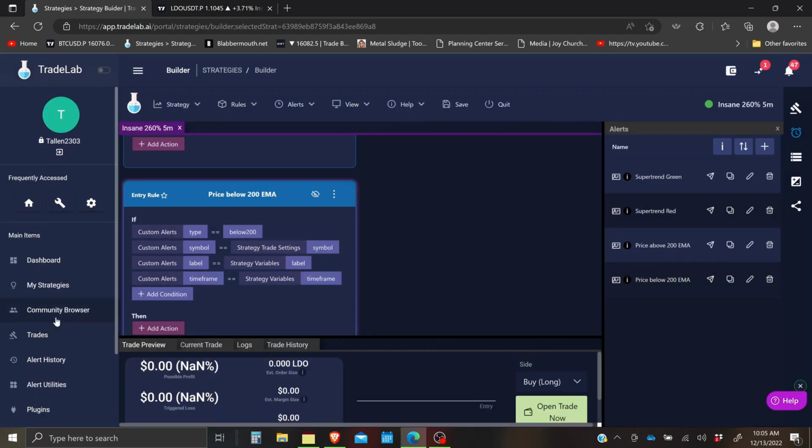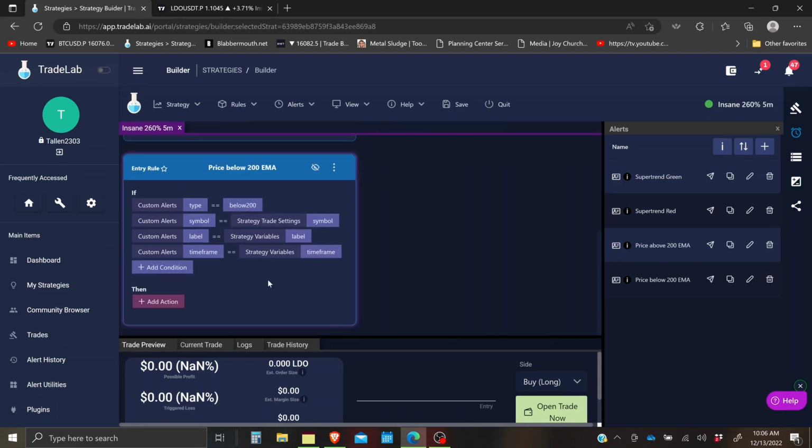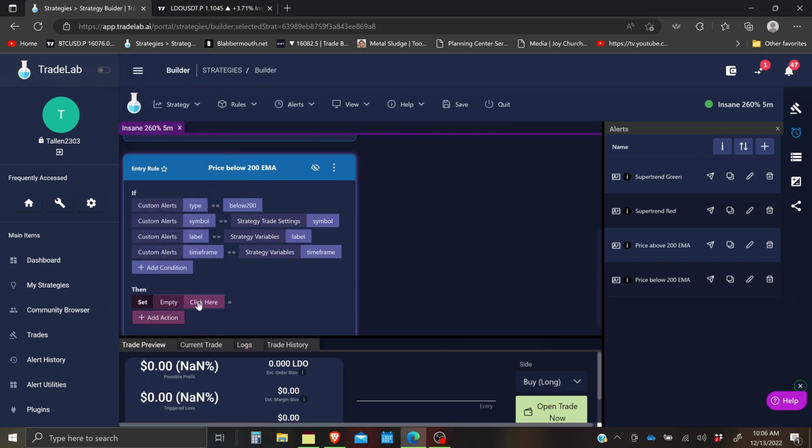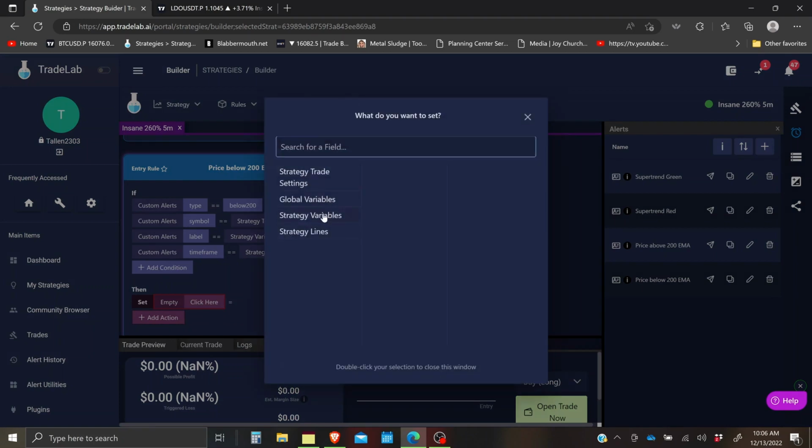So if you're just copying this template from the community browser, you're not going to have to worry about this. But if you're wanting to create a strategy on your own and use it on different coins, this is what you're going to do, because then it's going to work. You set up your alerts in TradingView, attach them here, you're good. So now when this one comes through, we're going to set that variable price above